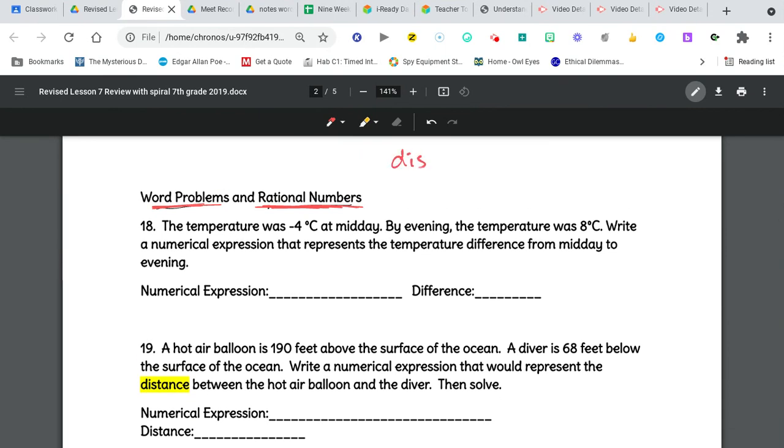If you see difference or distance, we would ask you about how far away or apart, okay? Then you're going to use subtraction as the operation. Okay. And I might need to split it up like this. Hold on. So let me do this. If you see difference, okay, without order,